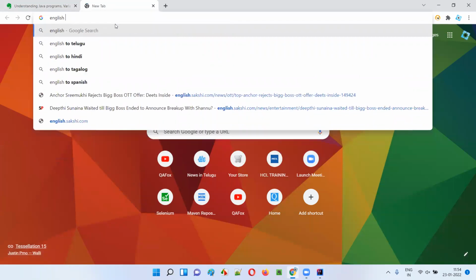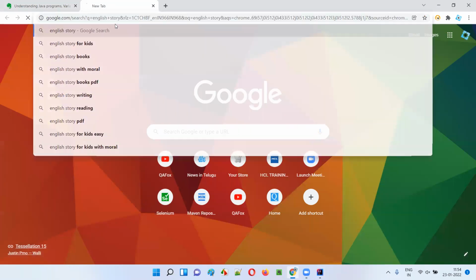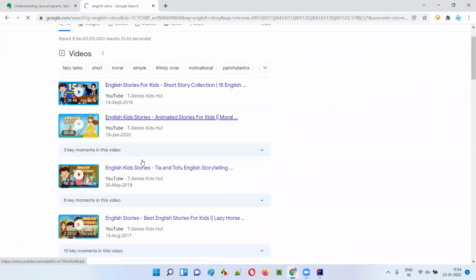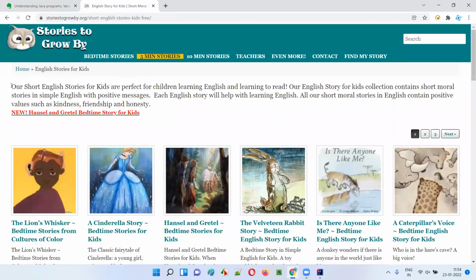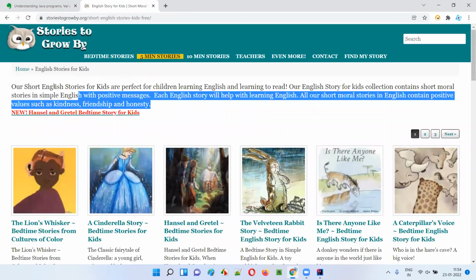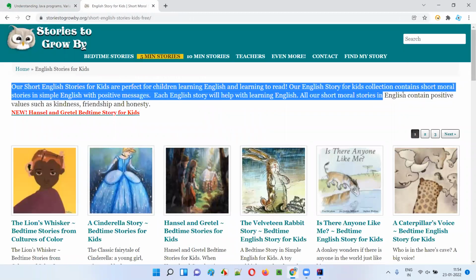English poem, otherwise English story, let's say. Just type some story or something. We'll go to one website and see how they have written the stories. If you see these, there are some English statements here, and the entire chapter at